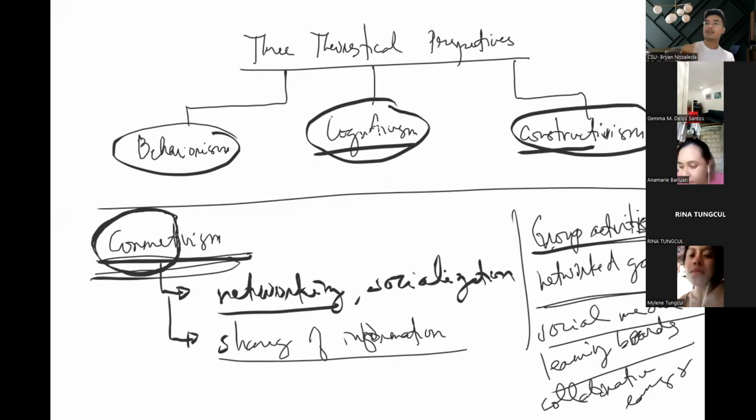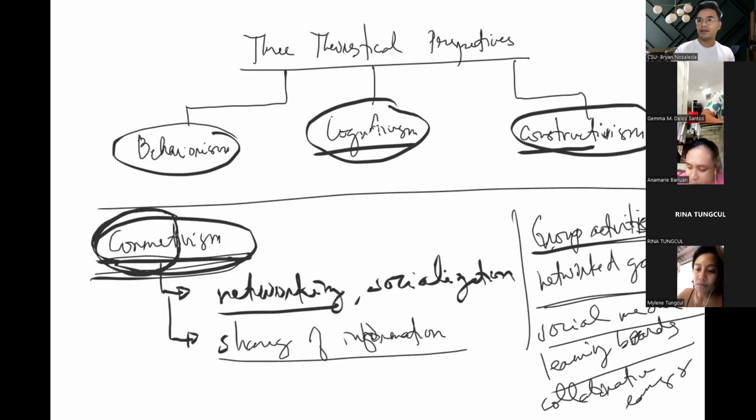Nakagawa ako ng ganito, nakagawa ako ng polygon. Ibig sabihin, alam ko kung ano ang square, kung ano ang solid objects. Nakagawa ako ng essay, and therefore I know something about it. Nakadraw ako ng ganito, and therefore I know something about the cell. However, sabi ng connectivism naman, well, you are all correct. But in the 21st century, learning must be shared. Learning must happen with other people. No man is an island for us.